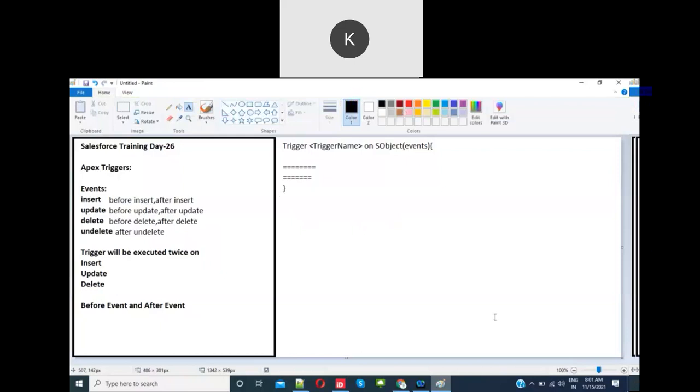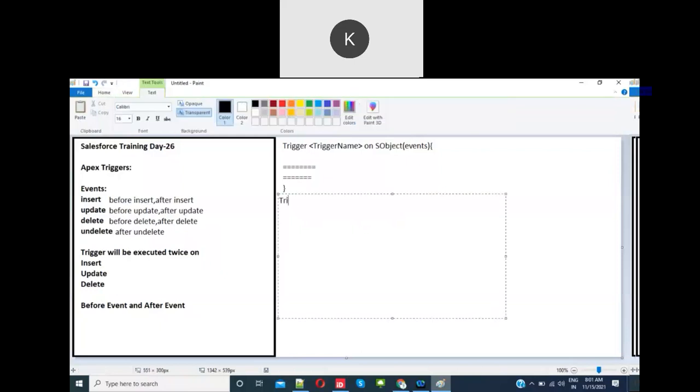Let's say I'm going to write a student trigger. On which object? The Student object, Student__c. Then events. Events won't change based on the object. Events will always be the same: before insert, after insert,